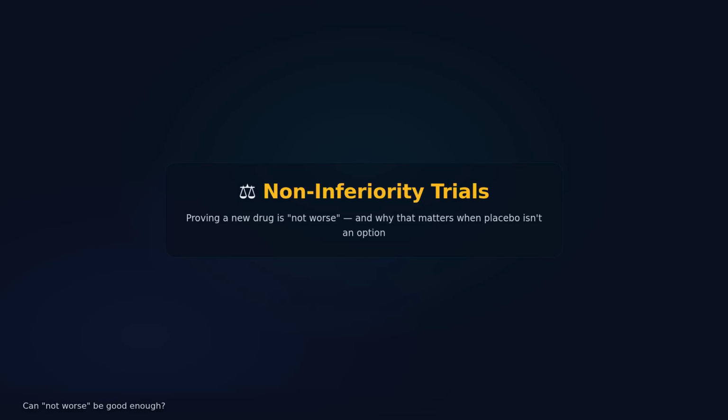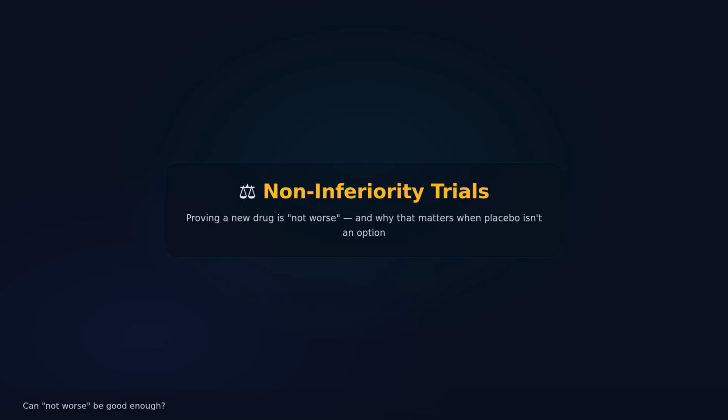What if a new drug is not better than the old one, but still good enough to use? Is that a failure or a success? In clinical research, there is a whole class of trials designed to answer exactly this question. They are called non-inferiority trials, and they help us decide when a treatment that is not the best is still